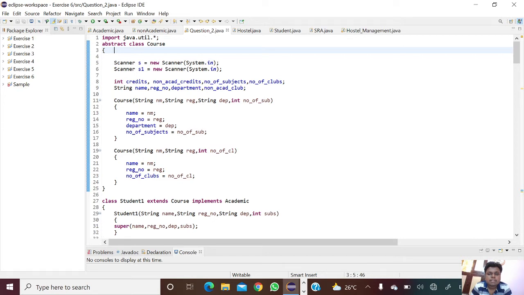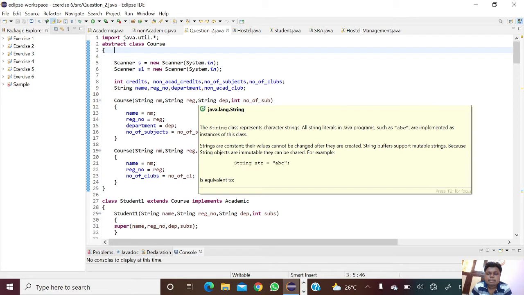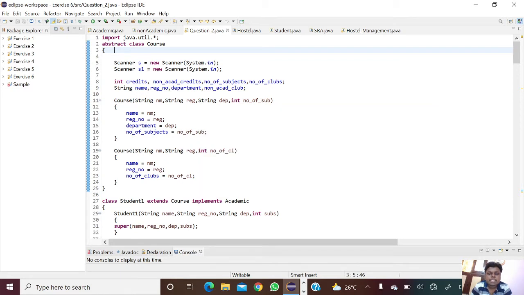Using the Course constructor with string nm, string register number, string department and int number of subjects, name equal to nm, register number equal to reg, department equal to dept, and number of subjects equal to number of sub. And Course with string nm, string register, and int number of clubs, so name equal to nm, register number equal to register number, and number of clubs equal to number of clubs.